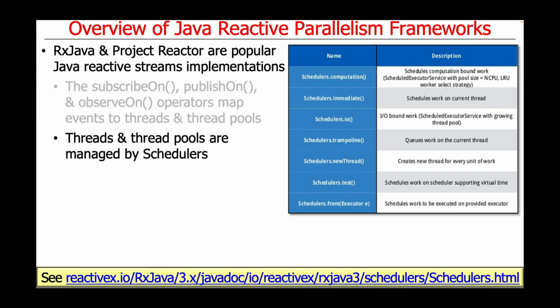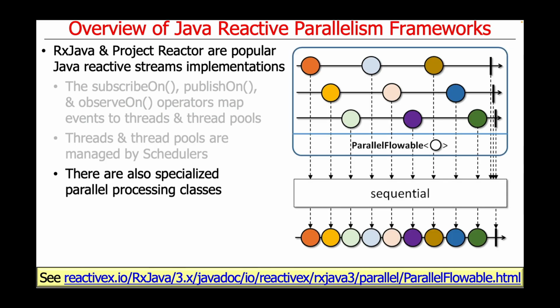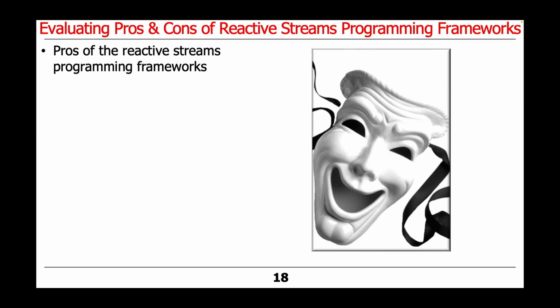But in a nutshell, some of the pools handle I/O-bound tasks. Some of the pools handle compute-bound tasks. And your job is to know which one to use under the right circumstances. There's also some very cool parallel programming classes that are provided, such as parallel flowables and other mechanisms for parallel computing. And this makes it possible to map the requests to underlying cores in a nice reactive way. So there's pros and cons with this, of course, too.